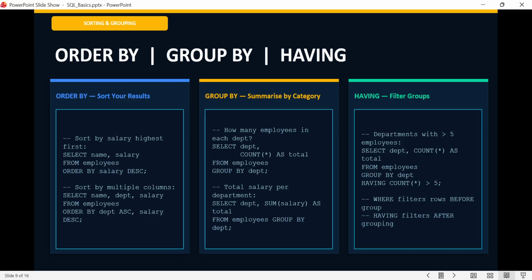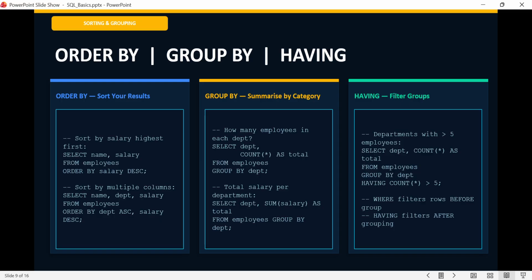You must use HAVING. For example, SELECT department, COUNT(*) AS total FROM employees GROUP BY department HAVING COUNT(*) > 5.